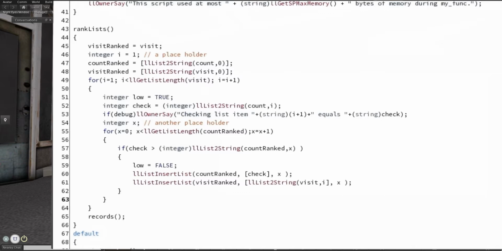And at the conclusion of that for statement, if low, count ranked equals count ranked plus check, visit ranked equals visit ranked plus